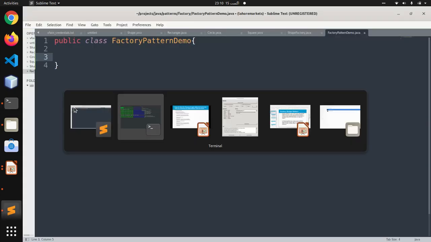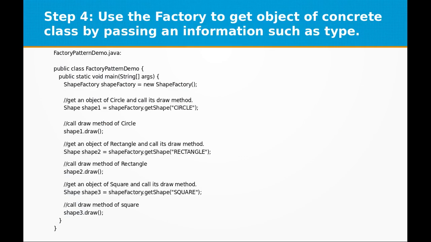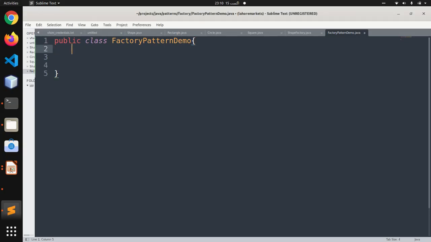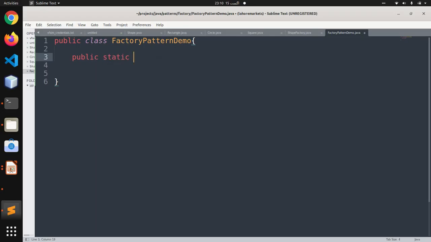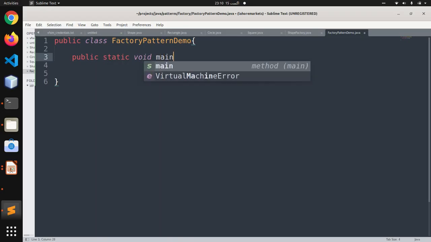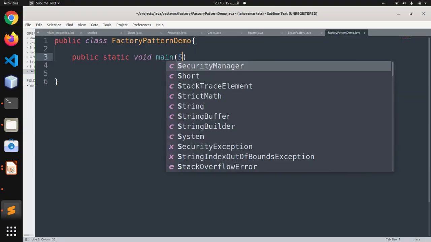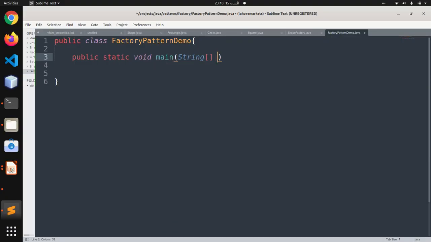What this class will do is basically it will have the main method as all executable Java classes have. So it will be public static void main with a String array as args variable,